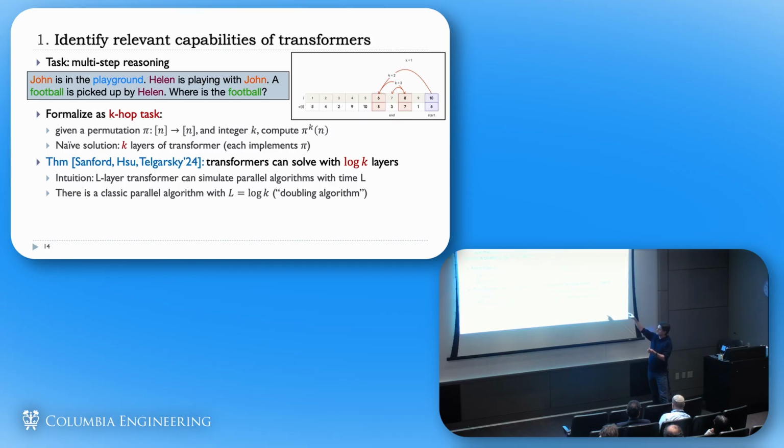But for the transformers, there is a theorem, but also experiments. You don't need to tell it that this is the task. You just give it a bunch of examples: here is a random permutation, for k equals 3, this is the answer. Here's another random permutation, k equals 3, here's the answer. It learns by itself, but it needs to solve the k-hop problem. And not only that, it learns an algorithm that does this with log k layers. So empirically, when you train it, it actually finds a log k layer solution. Put differently, if you have a 3-layer transformer, then it can do the k-hop task for k much larger than 3.